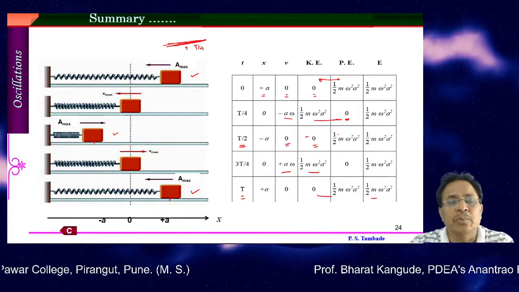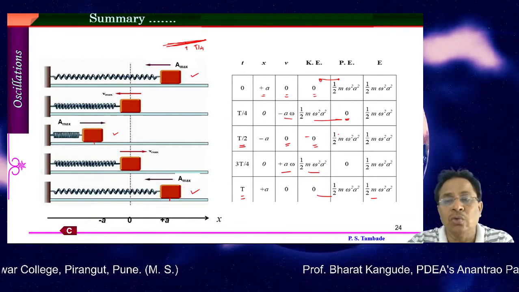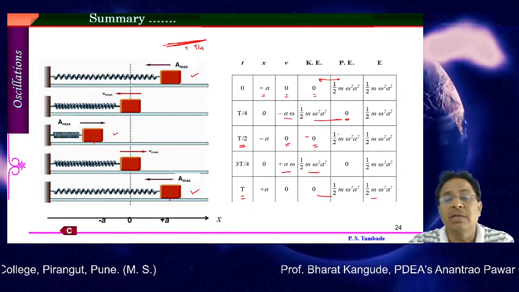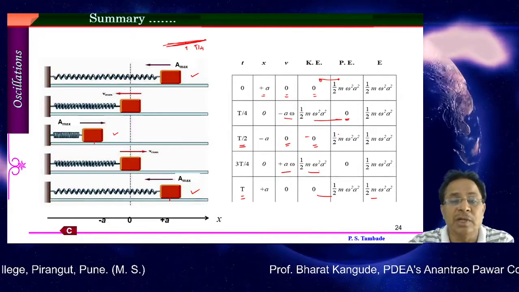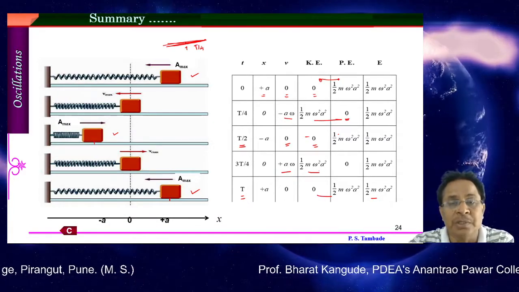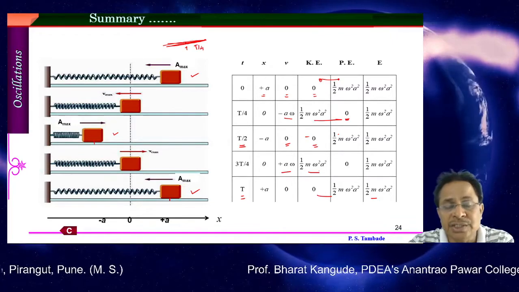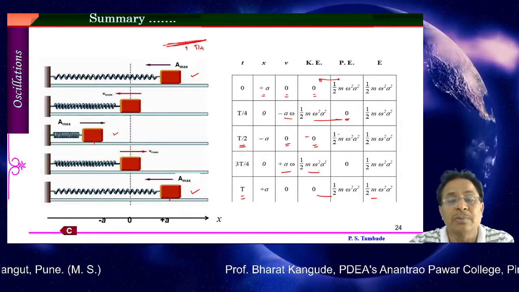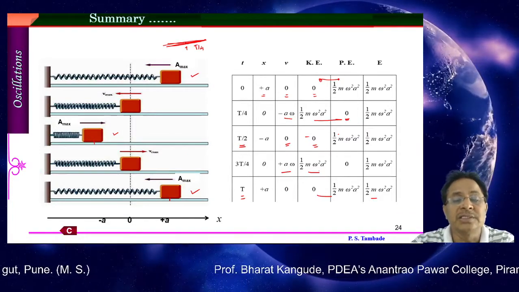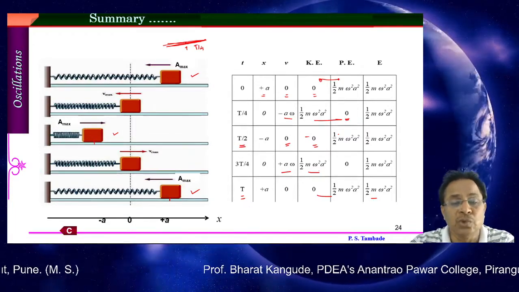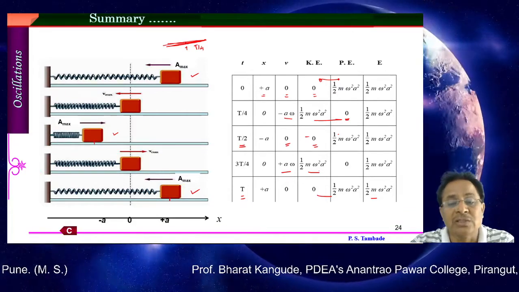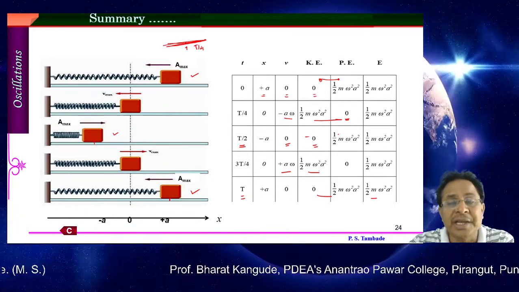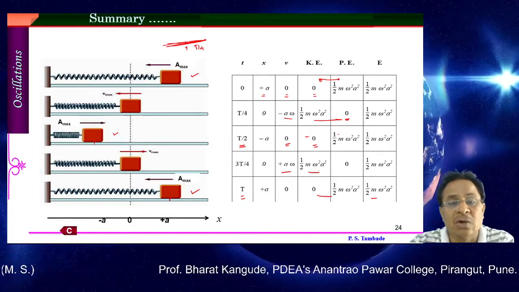But whatever may be the case, the addition of kinetic and potential is always equal to 1/2 m omega square into A square. It is never bigger than that, and never smaller than that, because these are undamped, free oscillations, with no resistive force and no external force applied on this type of oscillator. So this type of oscillator is an ideal oscillator. It continues its motion forever, as long as we are not stopping this motion by something else. Such oscillators are ideal oscillators. These are not observed in practice.